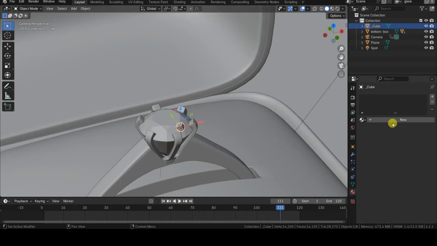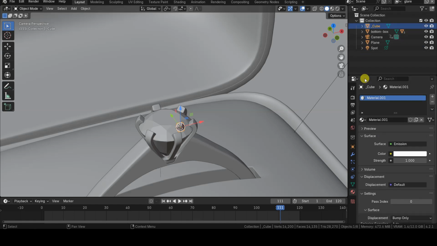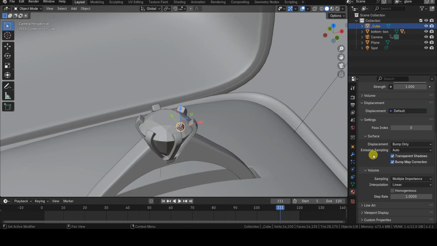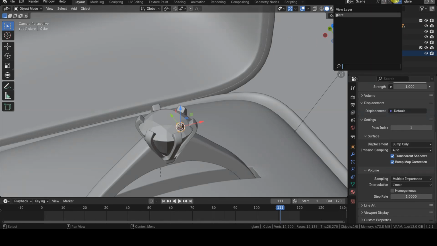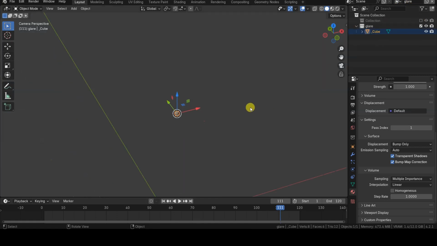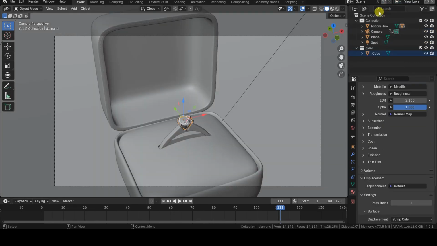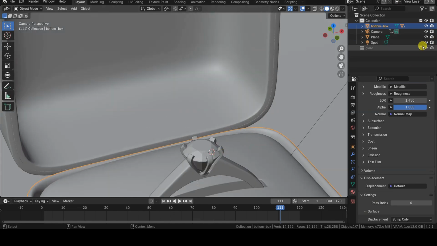I assigned the cube a material with an emission shader and set its material index to 1, making it appear without shading and allowing it to be easily isolated in post-production. To display only this object in the current view layer, I first move it to a different collection from the default one, which I do in the outliner editor. Next, I deselect the checkbox associated with the default collection and keep only the checkbox for the collection containing the cube selected. I then switch to the original view layer and perform the inverse operation, disabling the rendering of objects in the new collection.